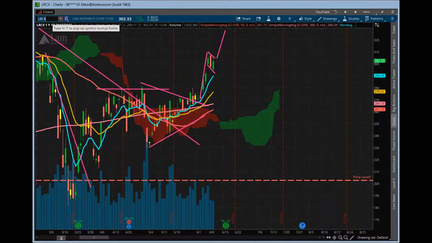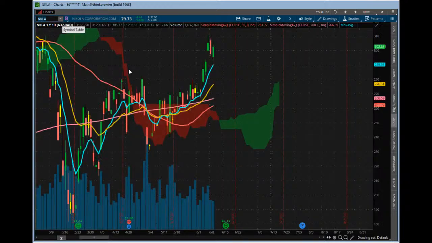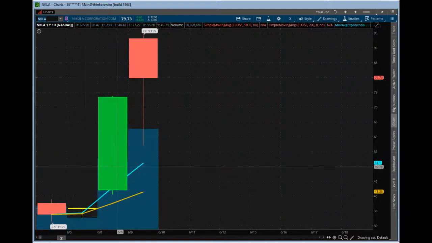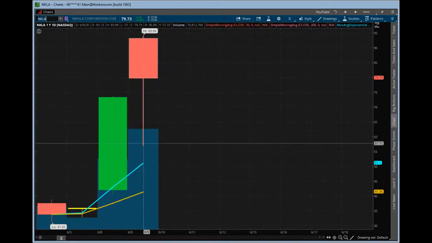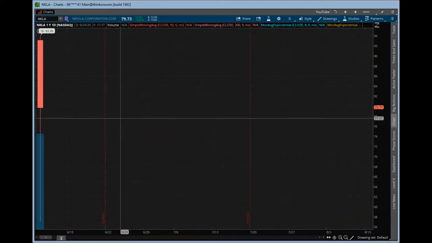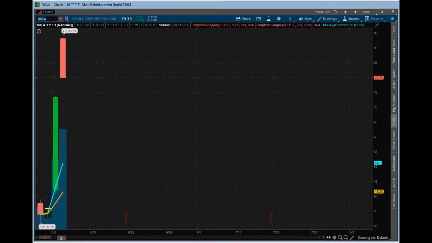Abhishek, what's going on? Yeah, Nicola. So NKLA. So just a huge move here, guys. I mean, this is just an inside candle up, big move right there. Kind of retraced about 50% of that range, but held and then bounced today. So it's doing okay. I would like to have seen a green candle on it. It's going to be a wild one probably for a while until we figure out what's going on with it. But it could be pretty interesting there.